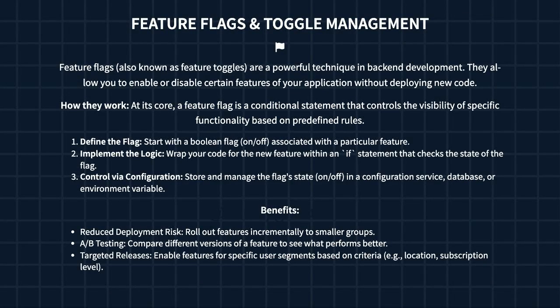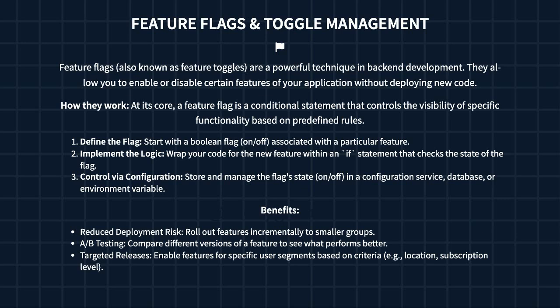Okay, let's talk about feature flags. They are a super handy tool in backend development. Think of them like secret switches you can flip to control which parts of your app are active. Basically, you wrap specific code blocks inside an if statement that checks the state of the flag. It's great because it reduces the risk when deploying new features. You don't have to release everything at once. You can roll them out gradually, run A/B tests to see what users like best, and even target specific